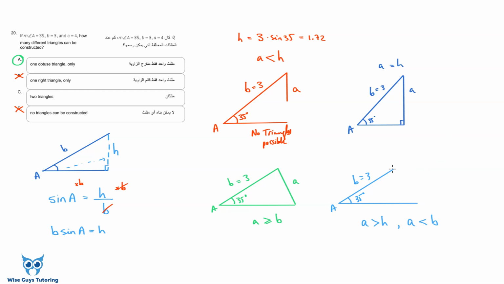You can get this triangle here, or you can get another triangle. It's the same side. Say this is A. You can also have another triangle where A kind of swings over as if it's hinged on that side. It keeps the exact same length, as you can see, and now you have another possibility. So now you actually have two possible triangles. You see, when A is smaller than B, yet it is longer than the height H, you can have two